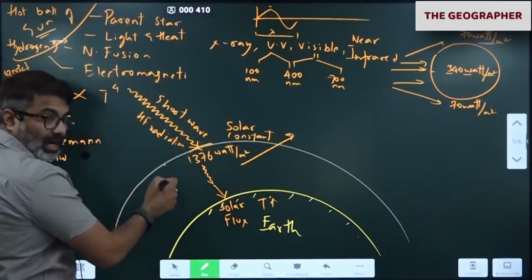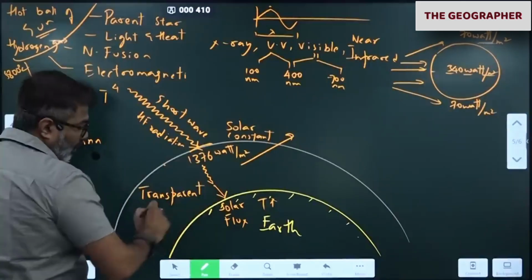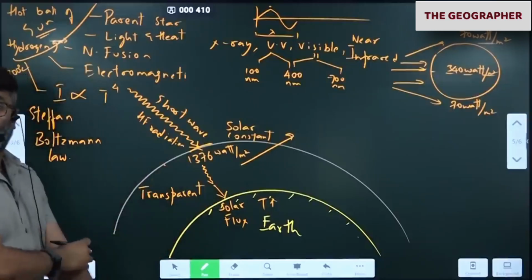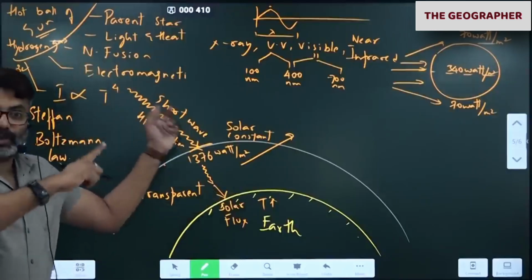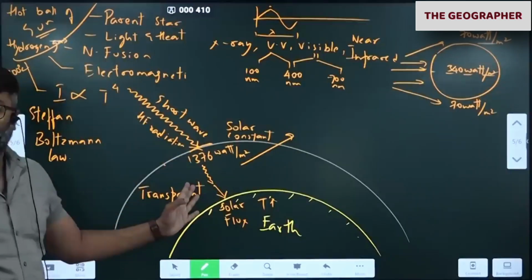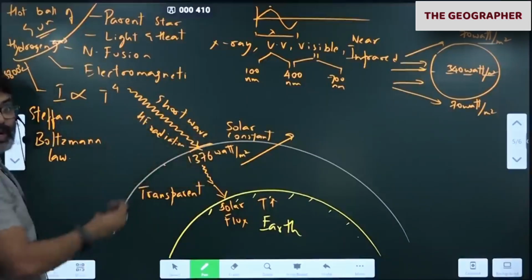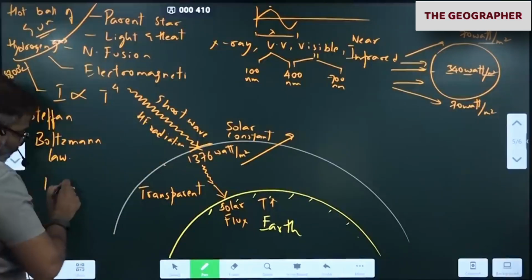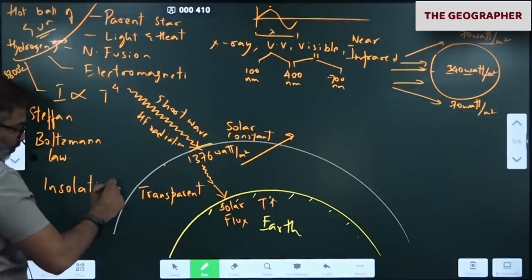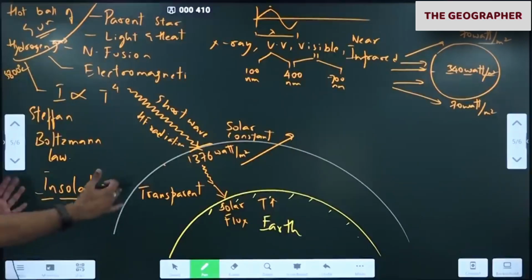So the gases are transparent to incoming solar radiation. Whatever we are receiving from the sun can easily pass through our gases. No gases can stop them. Since it is coming from the sun, we, in simple words as school kids, call this sun rays. We call it incoming solar radiation. Insolation. So insolation is short for